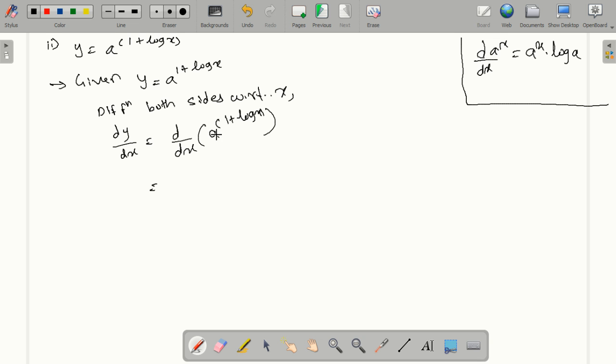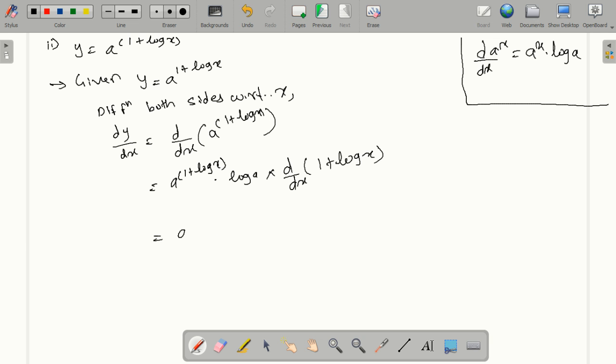So this is of the form a raised to x, but here x is nothing but 1 plus log x. So this is a composite function of x. So we are going to write an answer a raised to x. So in this case, a raised to 1 plus log x into log a, right? This is the derivative of this part. And again, we need to find the derivative of 1 plus log x,